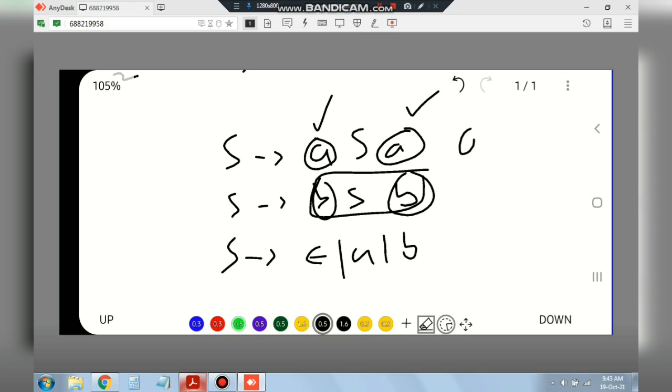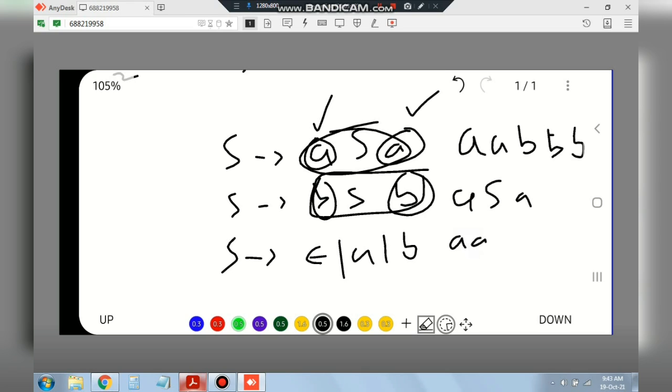For example, if I have to generate ABBBA, what I will do is first I will start with ASA. I'll write here A, S, A. Instead of S, I'll write again ASA. Sorry, it should actually not be B here, it will be A. So first we will have ASA here, and after that we'll have ASB, but doing it that way will not lead us to a palindrome. So we have to consider a palindrome, right? We'll have A and ending also A, then we have here B and B, and between also B.